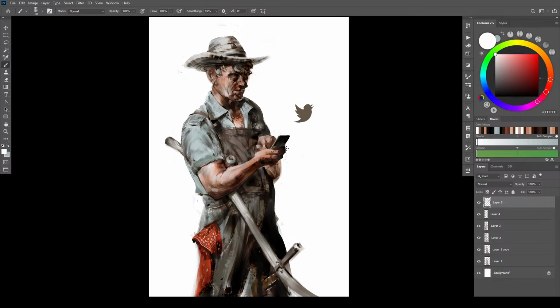Be interesting to get that. Kind of a different handhold. Like he's coddling the little bird, you know. And in this, it would be more gripping the phone.